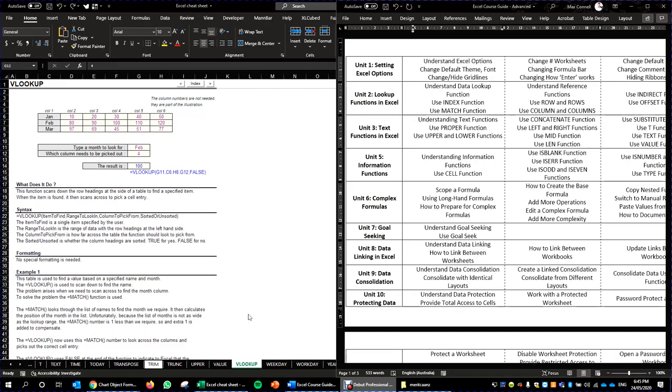Now, most people at this level are familiar with the VLOOKUP. They know how to do it. Most people are familiar with the index match. Some people don't know how to do the index match. Some people know how to do both, but they still use VLOOKUP out of habit because that's generally one of the first formulas that they learn in the workplace. I'm going to demonstrate to you why you need to forget the VLOOKUP formula right away and just get in the habit of only using the index match